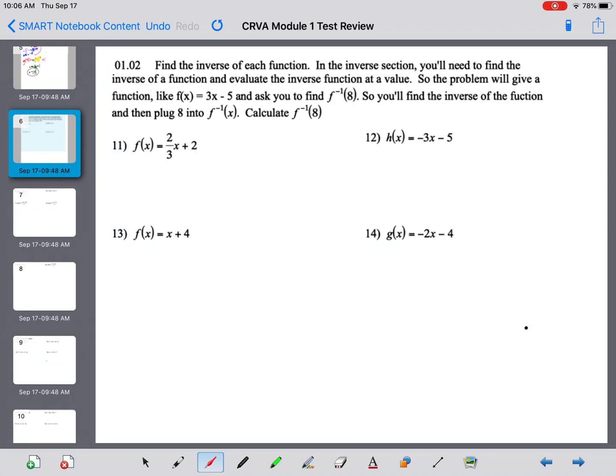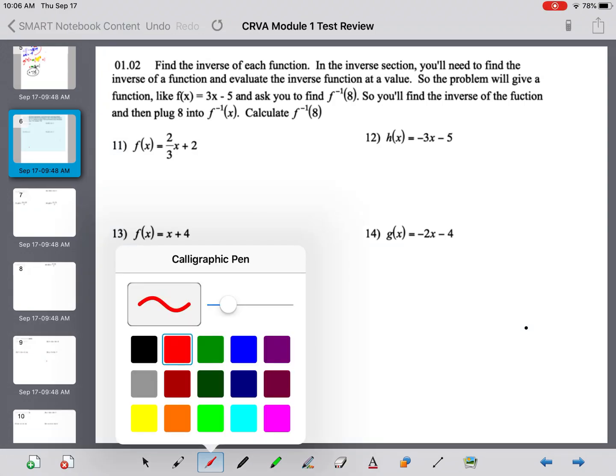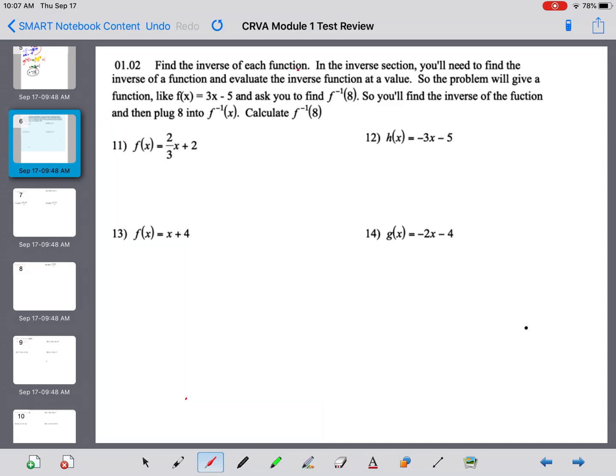Let's work on the next part of your review for your CRVA Part 1, Chapter 1 test. So find the inverse of each function. In the inverse section, you'll need to find the inverse of a function, and then you'll have to evaluate the